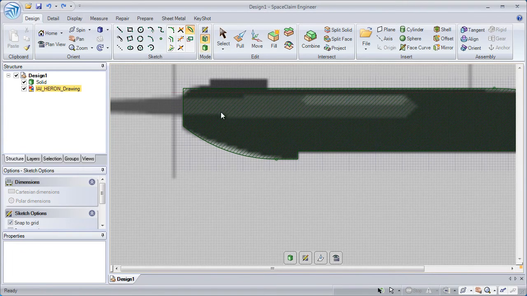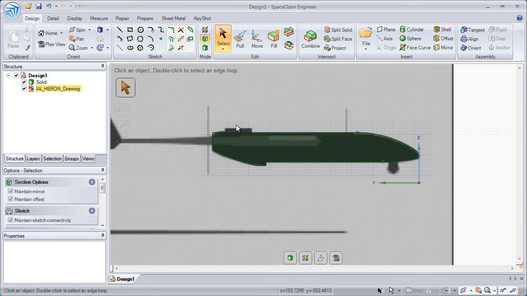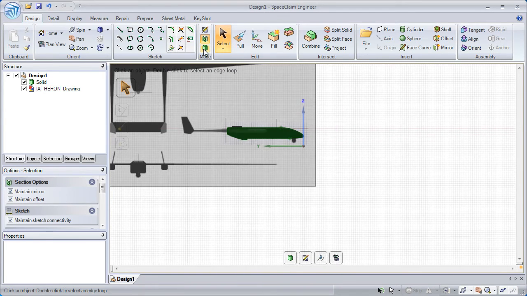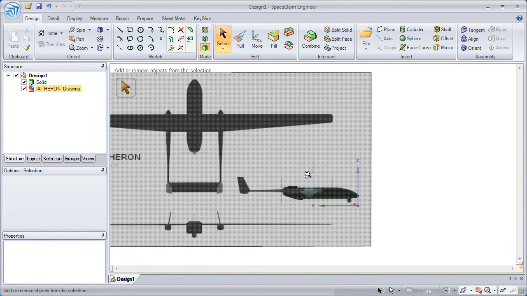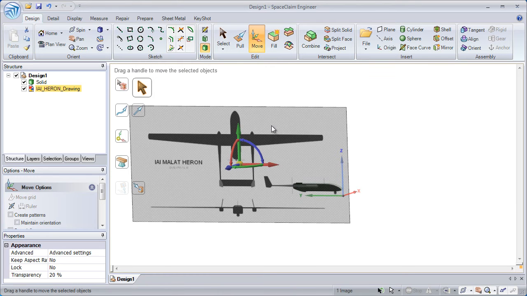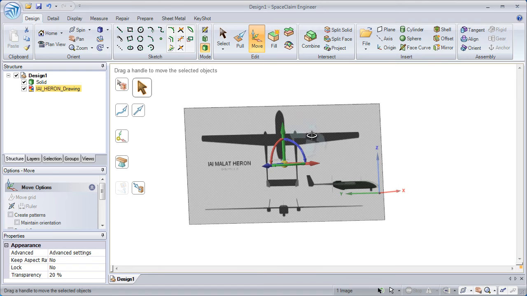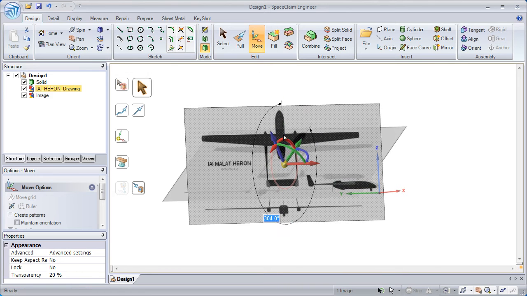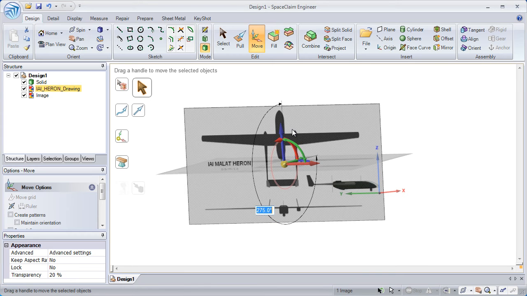Here we can use this Bend tool to select this curved edge and bend it to the contour of the image. Now that we have our model shaped to the side view, let's go ahead and zoom out, switch to 3D mode, and use the Move tool to make a quick copy of this image to use to shape the top view. While holding the Control key, I'll rotate this red rotational move handle and hit spacebar to freeze the dimension